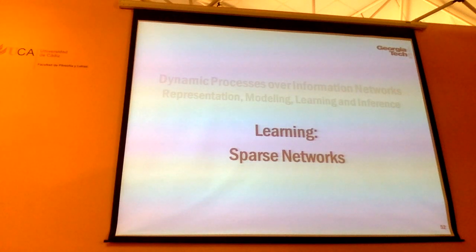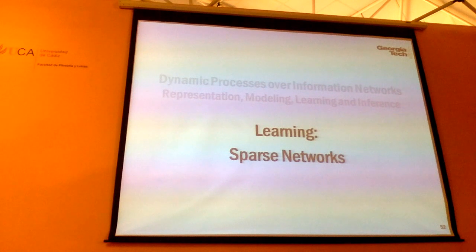And of course, once you fix these parameters, you can sample from these models. The question in machine learning is, you are provided with real data of people interacting in a social network or an online purchasing platform, and you want to learn these parameters from the data. You don't want to just predefine them. So the third part I'm going to talk about tomorrow is how you actually learn these parameters from data. I'm going to focus on the information diffusion model and also the collaborative dynamic model, and how you actually learn them.